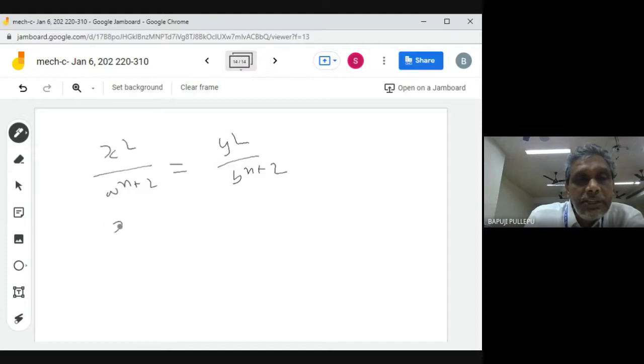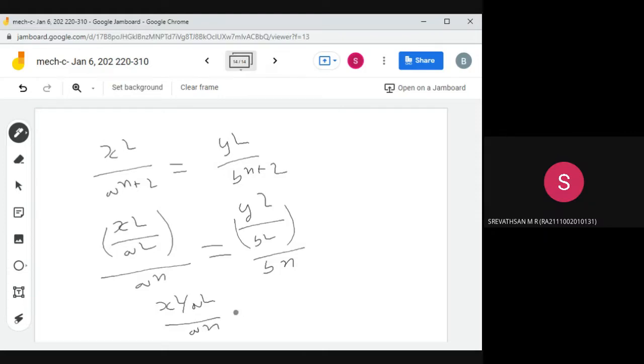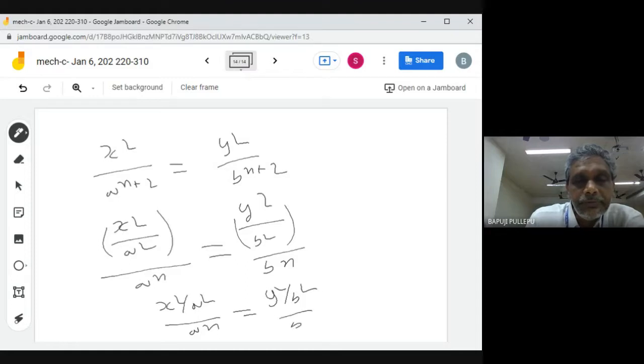So this is how I will write: x square by a square, this is one term, divided by a power n I will write. Y square by b square divided by b to the power of n. Then each ratio I know. This is equal to, how can I write actually? Equal to x square by a square plus y square by b square, very good. Is equal to what? X square by a square plus